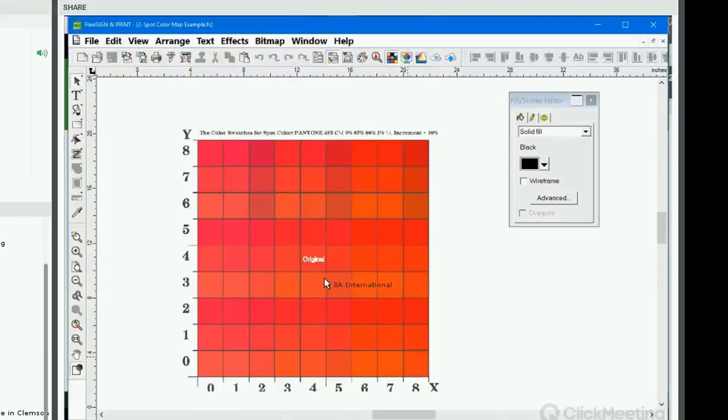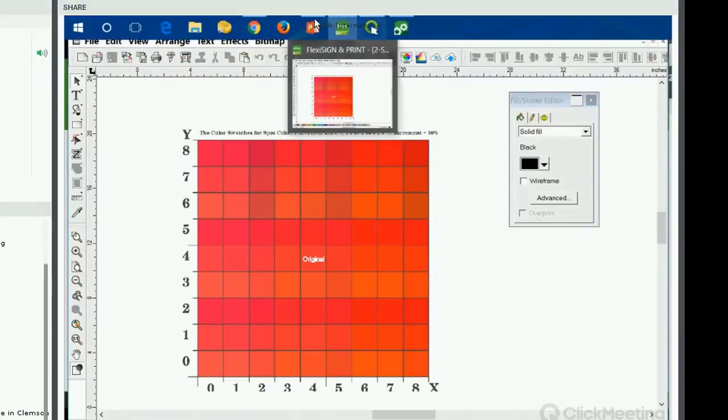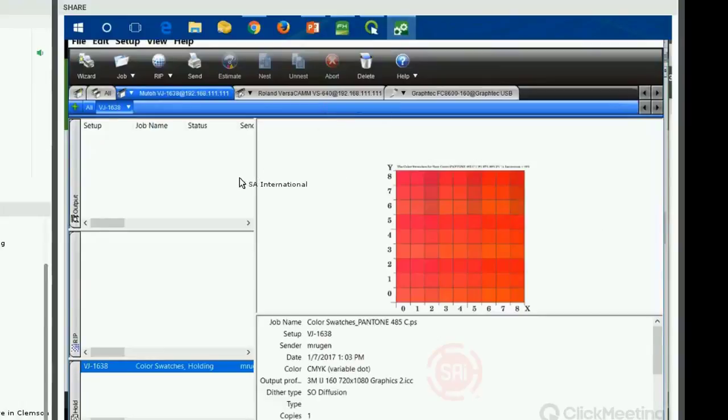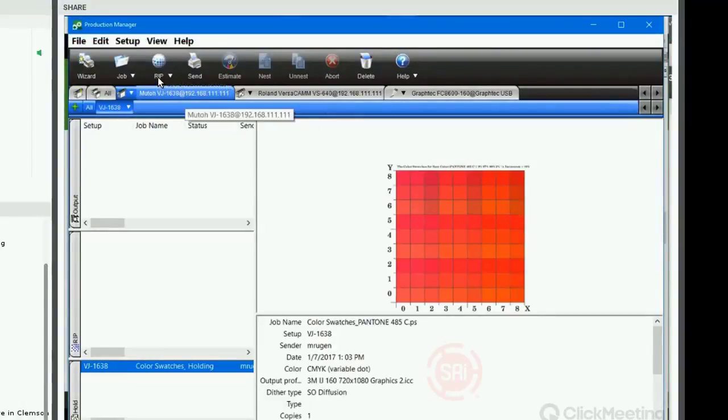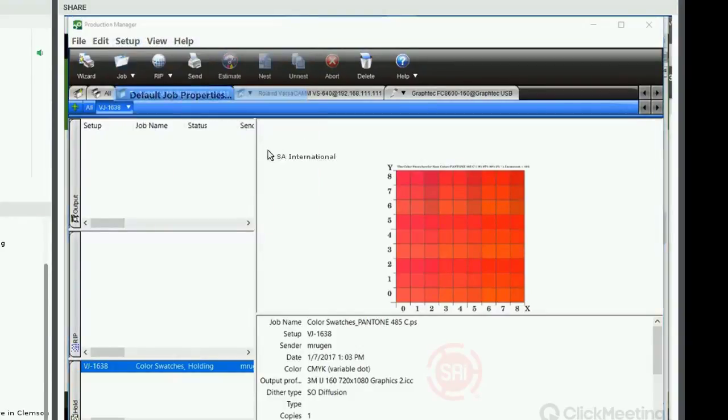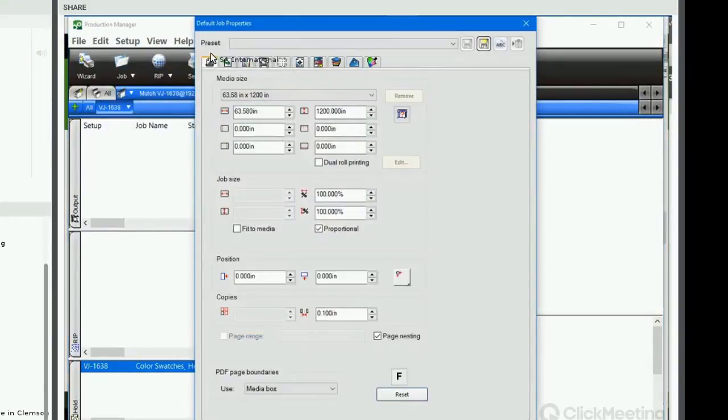So what we do is we look at this grid and we determine that perhaps at the location 6X and 5Y, perhaps that's a better match to the actual Pantone that we're trying to hit, or the spot color we're trying to hit, whatever it is, right? So let's just say that's it, 6 and 5, okay? So what I would do then is I'd go back to my production manager here, and again, I'm going to go back to my setup and default job properties, go to the third tab again,